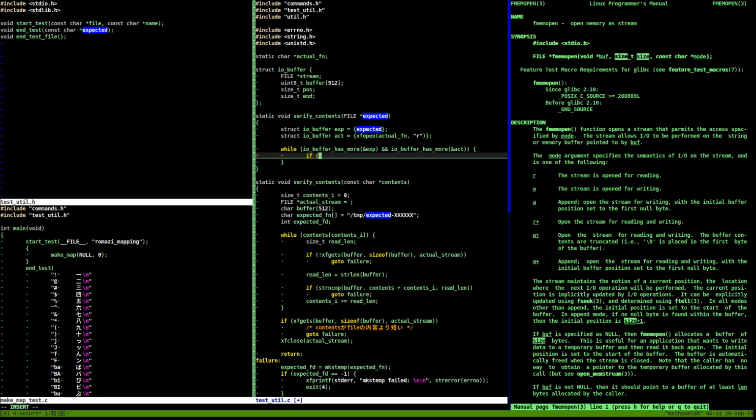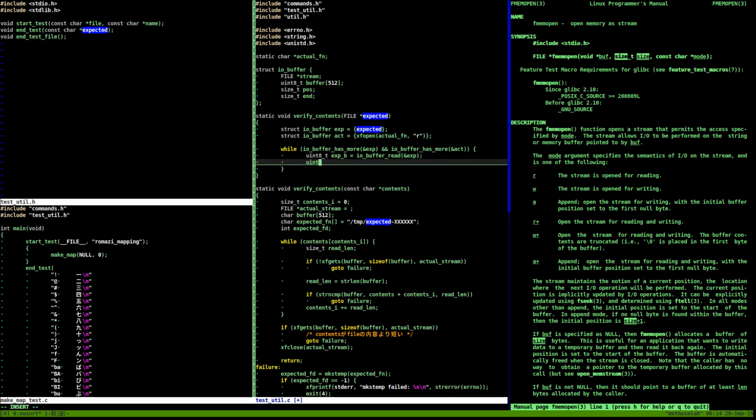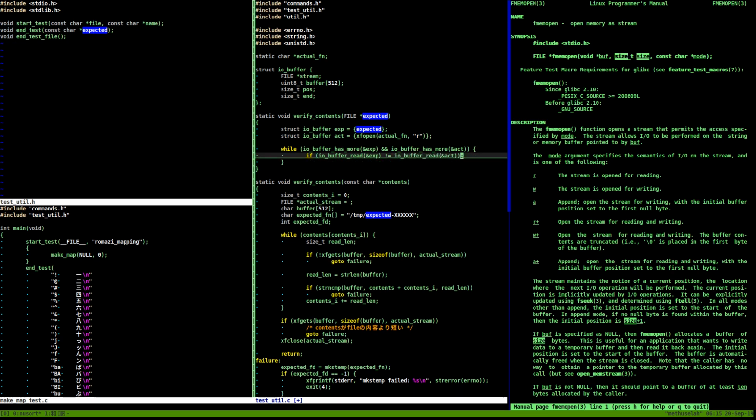Then we want the uint8_t expected byte equals IO buffer read expected, and the uint8_t actual byte equals IO buffer read actual. We can actually just inline that. If this is not equal to